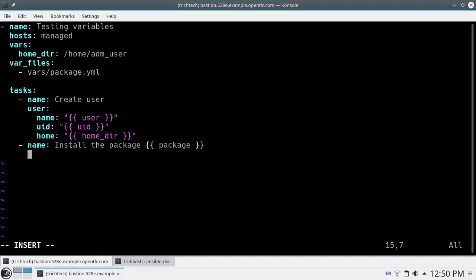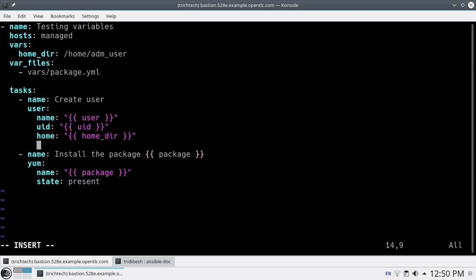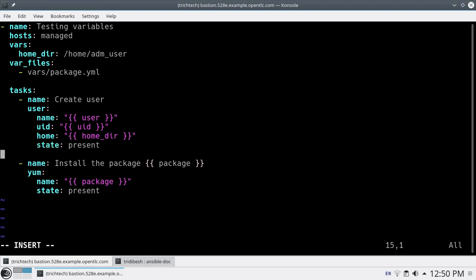Here we'll use yum, name, we will put the package name, state present. Here also we need to give state present, so that it can create the user and it can install the package.